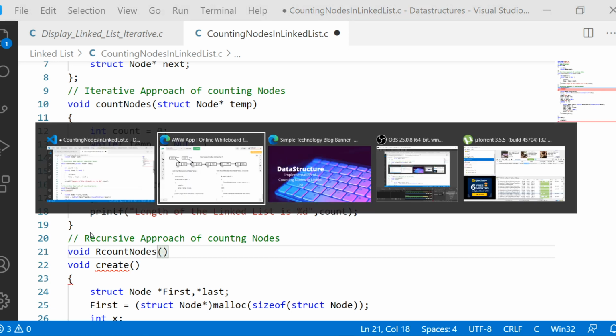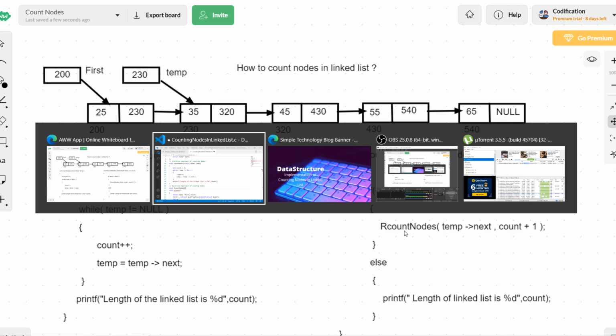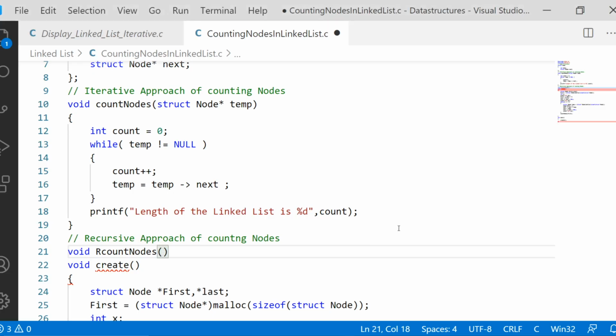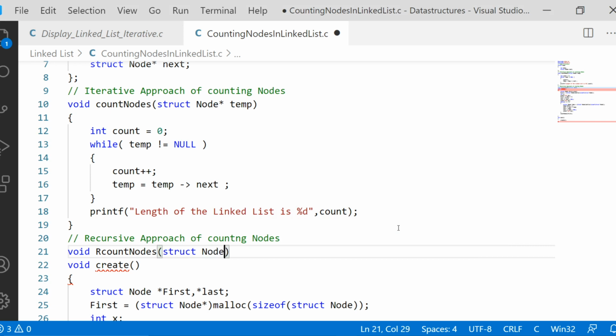In the previous lecture we decided to take one pointer to receive the address of the first node, and also a variable called count to count the nodes. So first, let us take a pointer struct node star temp. The next argument is going to be an integer variable called count.